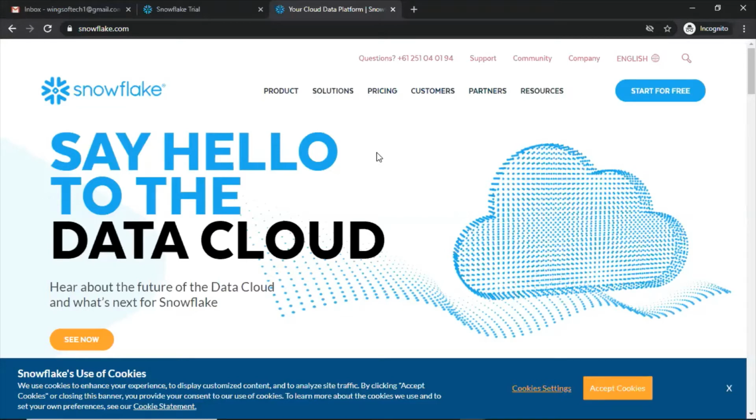A Snowflake trial account lets you evaluate and test Snowflake's full range of innovative and powerful features with no cost or contractual obligations. To sign up for a trial account, all you need is a valid email address. No payment information or other qualifying information is required.